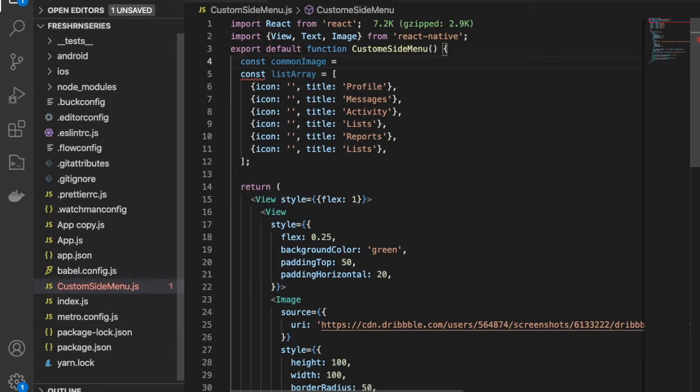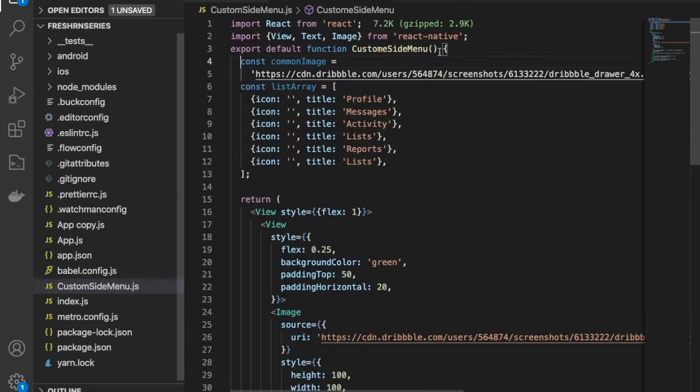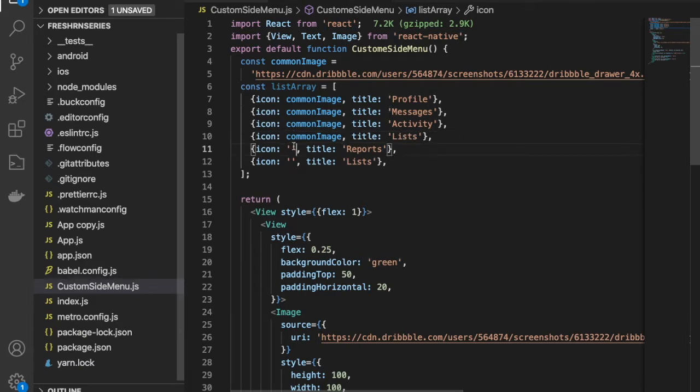I will pass this common image over here in all of the icons. So you can basically change all these icons. And if you wanted to handle this from the backend, then you can make an API call and then fetch the data. Okay, you can save it into Redux, or you can save it at the component level, and you can use it. So I have this list item.